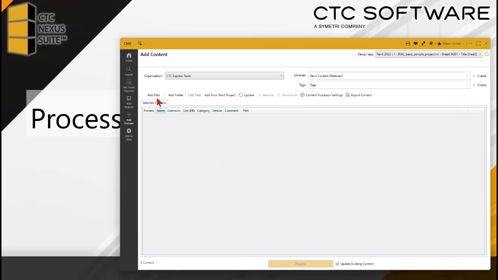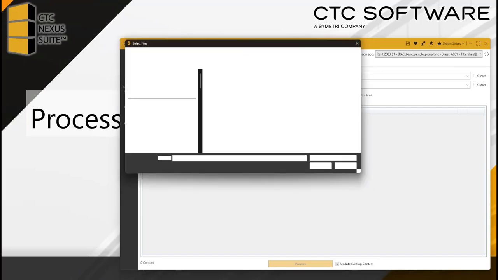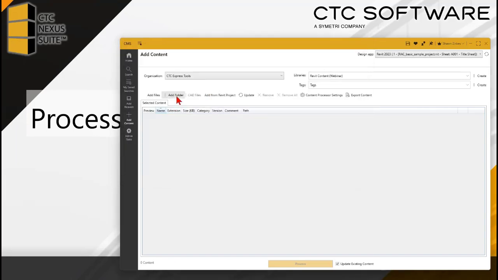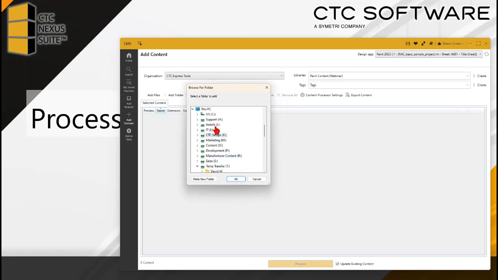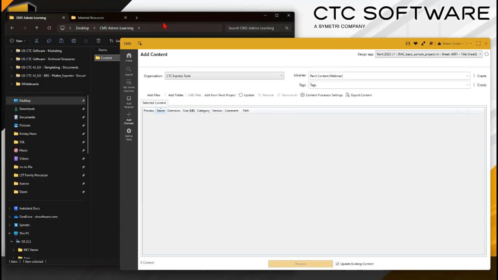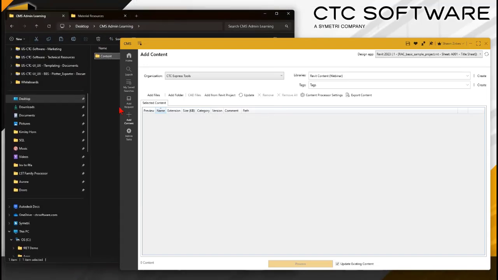So I've chosen my library. I'm about to add some files. And there's 3 different major ways you can add files in Revit. You can either use add files, which lets you browse through Windows to find something. You can use add a folder of content, which gives you a folder browser and it'll add all the content in that folder. Or thirdly, in the way that I personally prefer, I like to use my Windows Explorer window